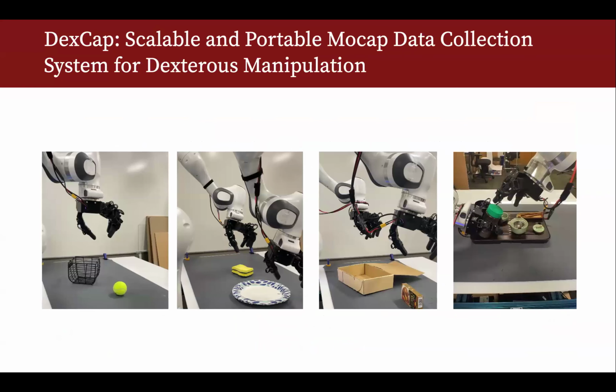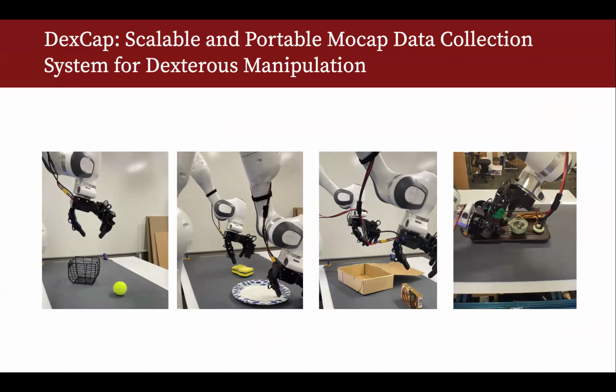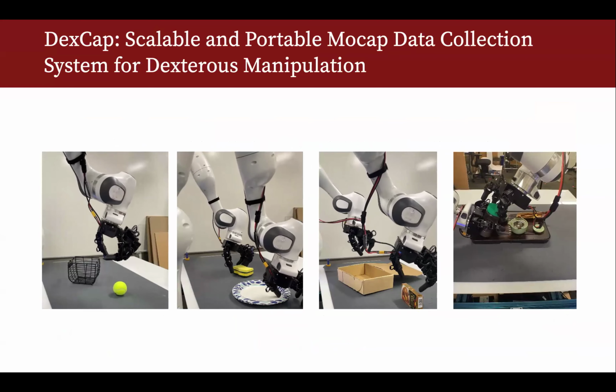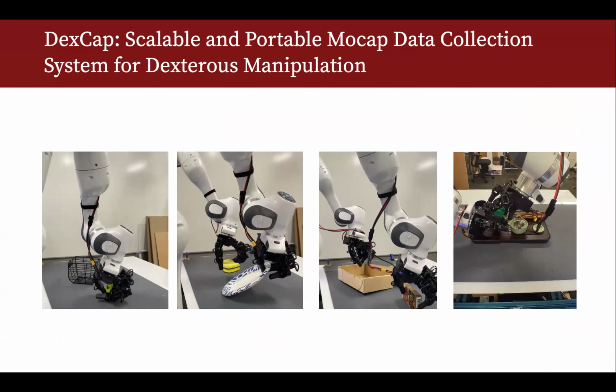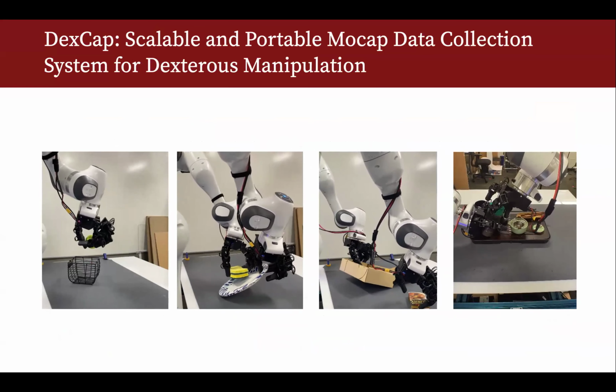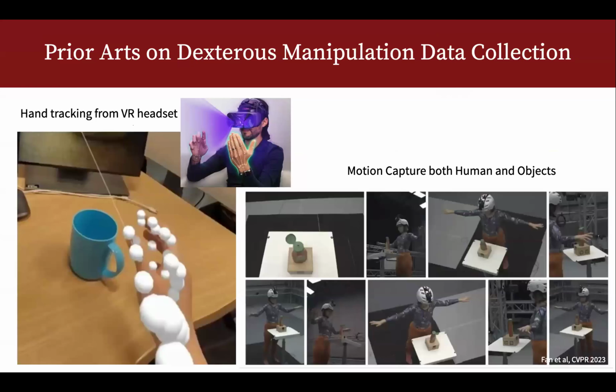But this is more tailored for robotics, so I'm going to be a little bit quick on this project. Our goal is to create a new motion capture device so that people can go out, collect hand motions along with the object motions in the wild, and later use that to teach robots how to do the same thing. So how do you collect hand motion, dexterous manipulation? The key here is that it's not just about the hand, it's the hands and the objects, and they have to be paired. They have to be in correspondence.